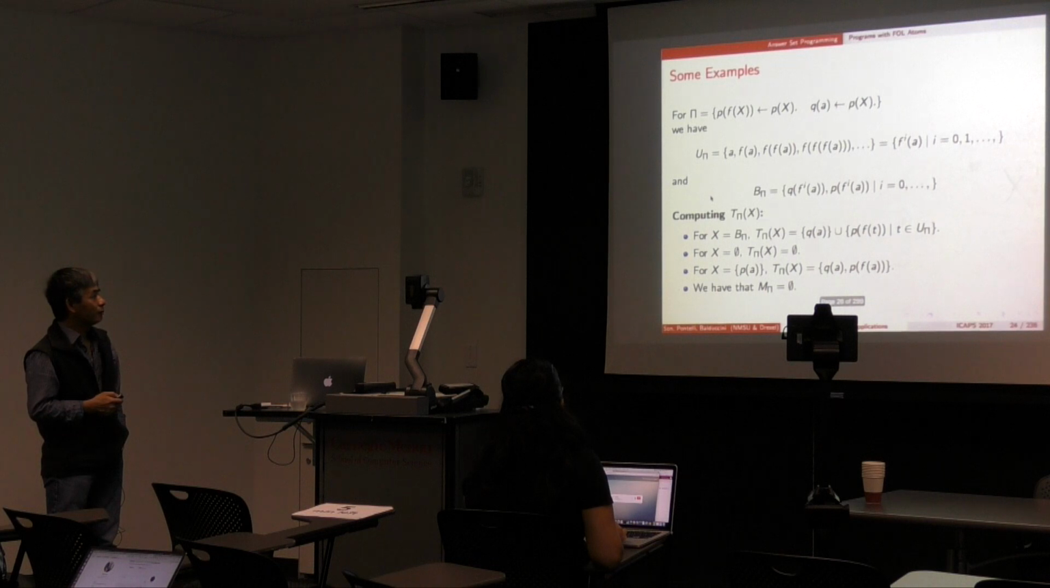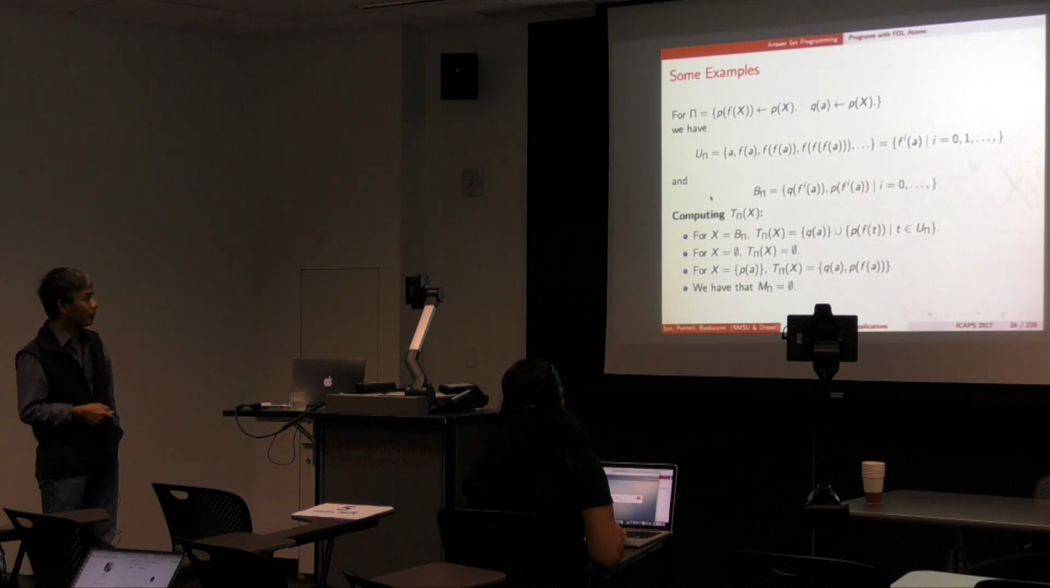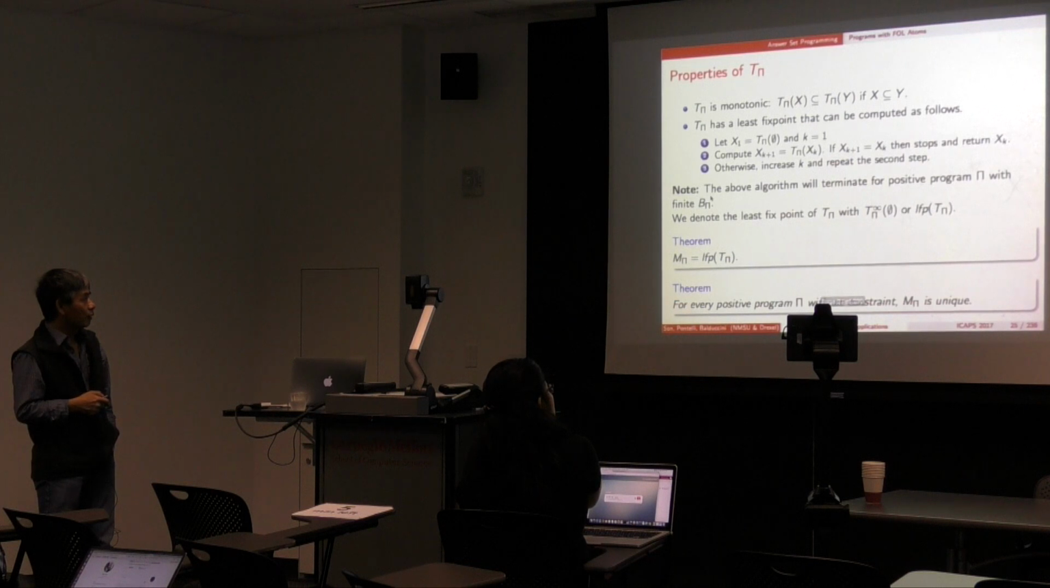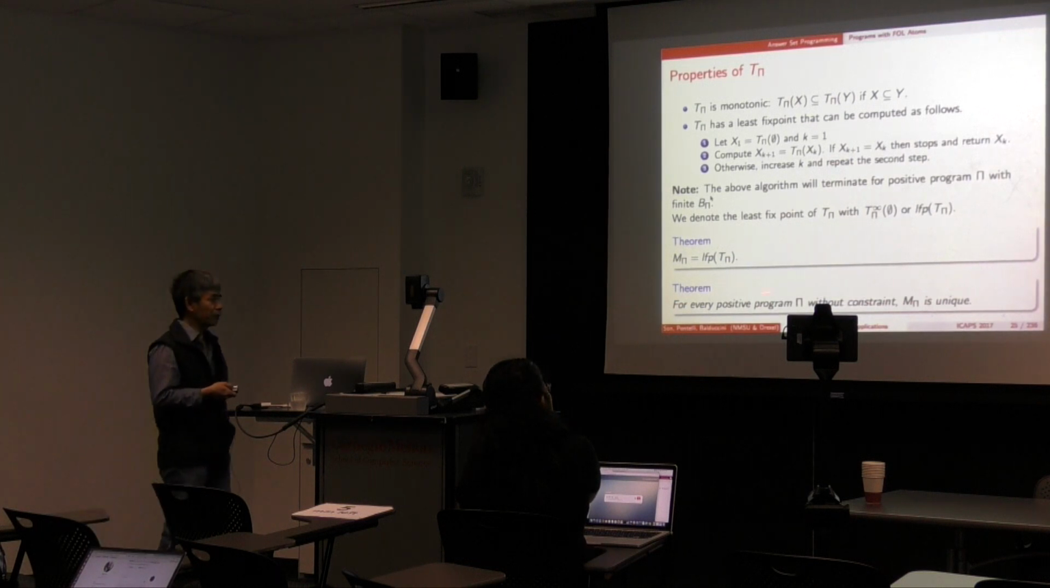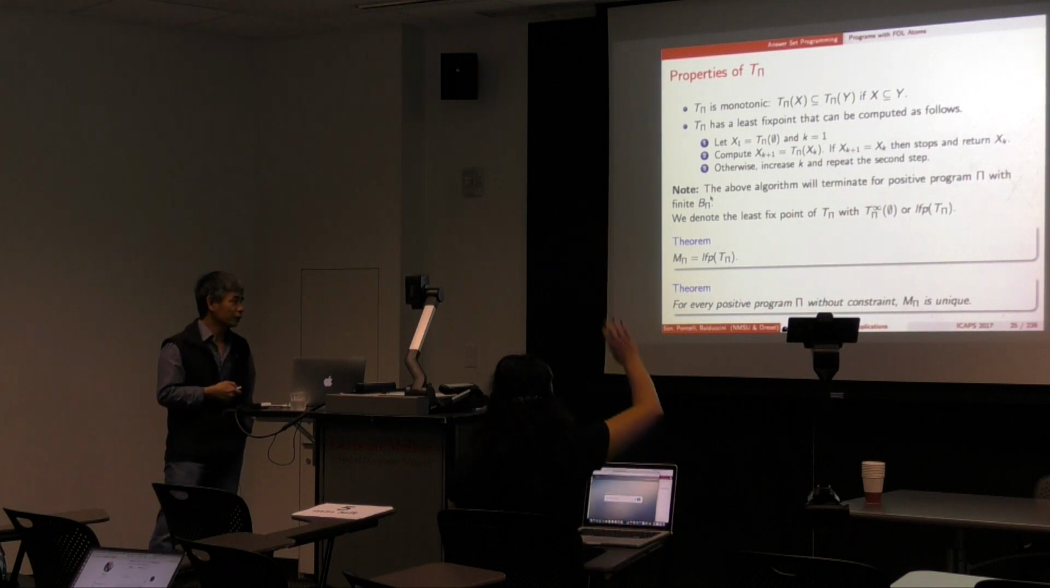Here is another example of how we calculate this TP operator and then the minimal Herbrand model of that. What we can show is that for every positive program pi,